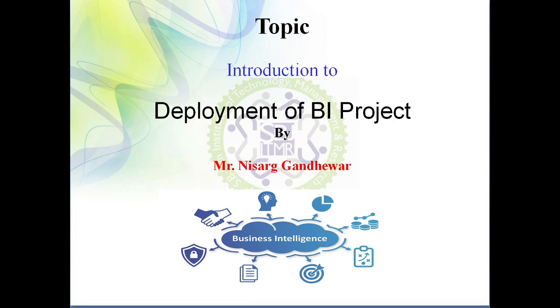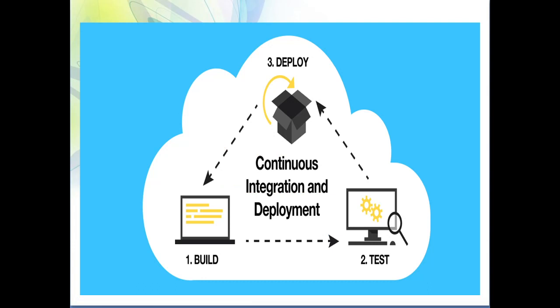So in that case what is important? It is important to deploy your project on a server, so that it can be accessed by any user irrespective of their location. So here I am telling you why there is a need for deployment of your project. Suppose you are not deploying your project on any cloud service, it will not be accessible by multiple users present at different locations, because you are developing your application and running it on a local machine. So you cannot provide access to that application to users.